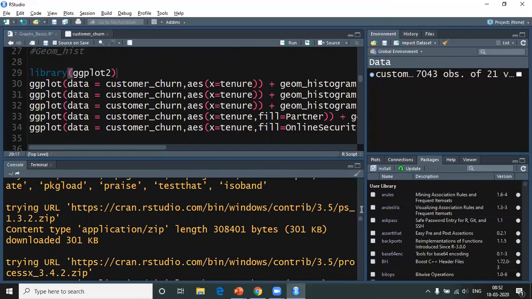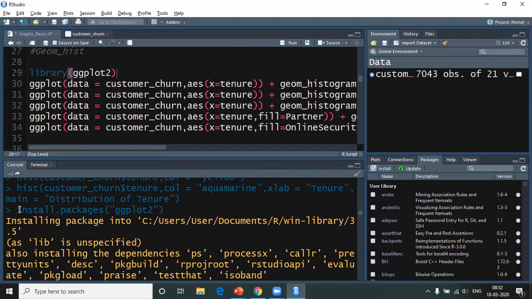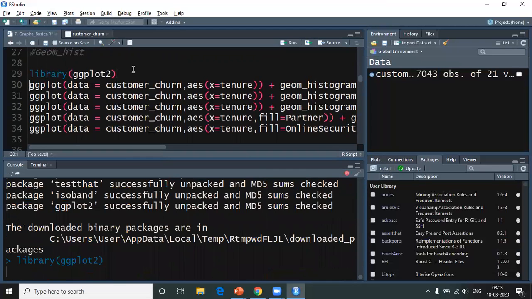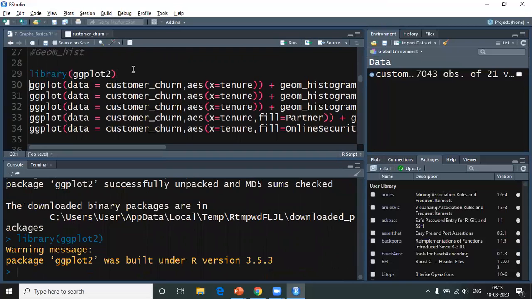And how do we do that? Here, if you can check the command, it is install.packages. Now we did not type this in, guys. Whenever you go into this install button and you select ggplot2 and you click on OK, this line is automatically executed. And once it is executed, the next essential thing for us to do, after installation, is instantiation. So now I am instantiating my library of ggplot2.